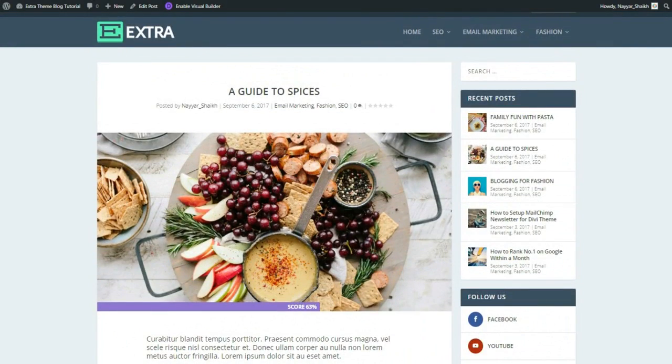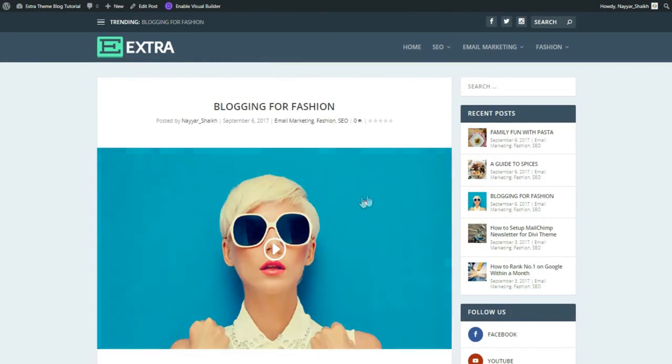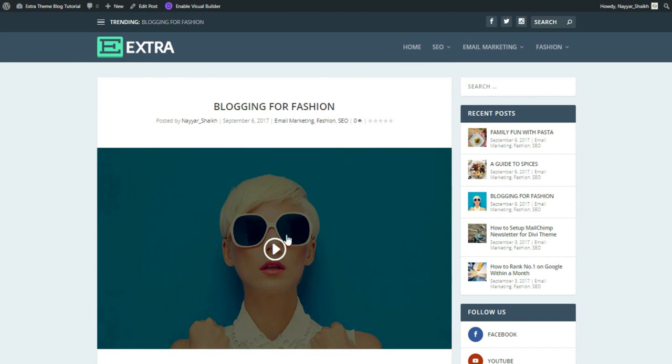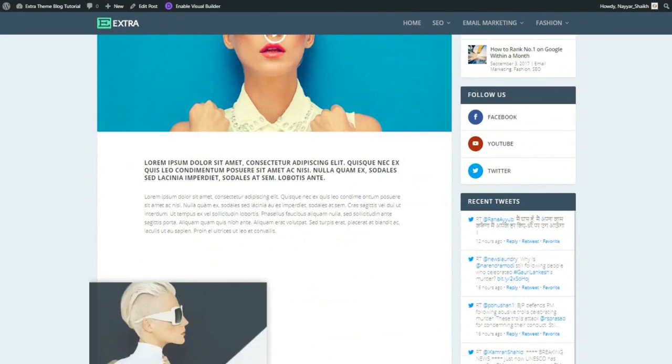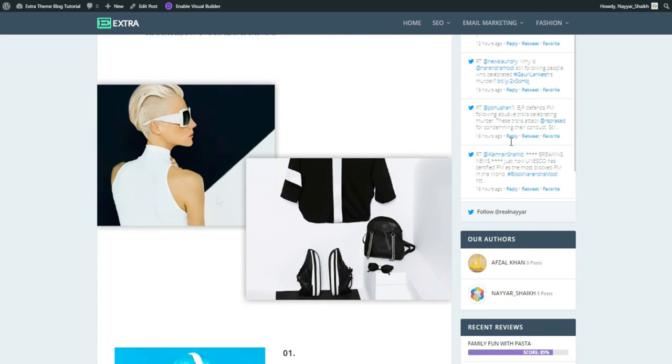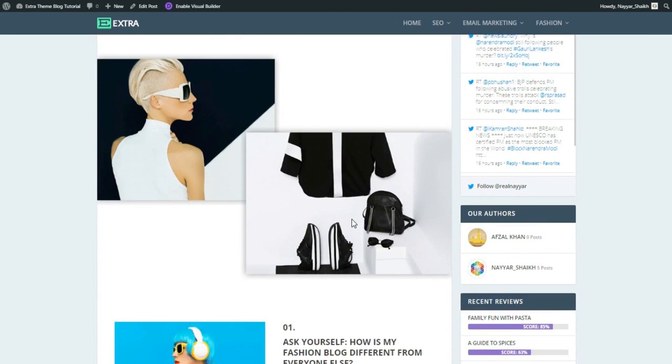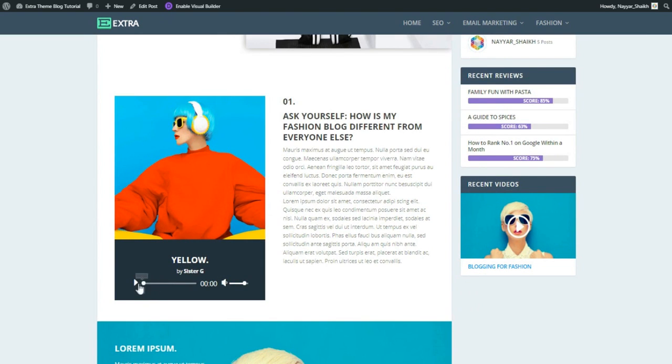Now let's see the third post. So this is the third post. This is a video post actually, and this is actually a video. When you click on this, the video plays. Then this is the section. As you can see, a very beautiful section. Both the images are overlapping each other, and I'll show you how to do that. It is really easy. Then there is an audio file over here,